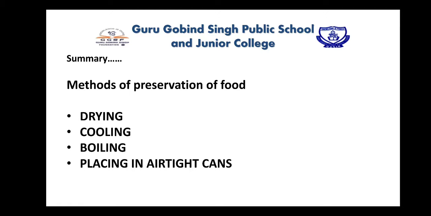Then last method we learned today, that is placing in airtight cans. When foodstuffs are preserved in airtight containers, the microorganisms are first destroyed and it is ensured that water or air will